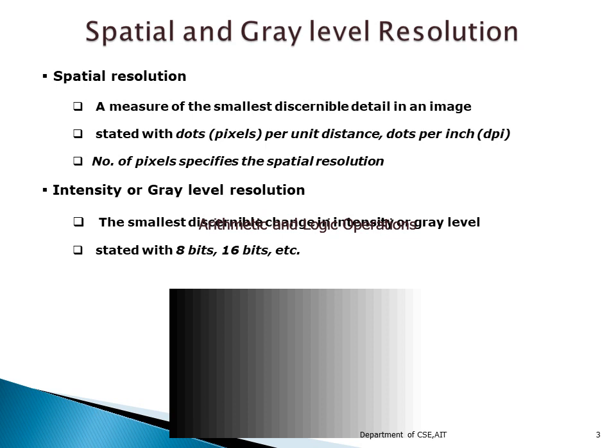That means it can be the smallest part. So what can be the smallest part for an image? If I am going to express an image with respect to pixels, that is the picture elements, we can say this picture consists of so many picture elements. Or else we can also say this image consists of so many dots. If I talk about the pixels or the dots, then we should also tell how many pixels are available in my unit distance. That means you should take a measurement, and based on that only you can tell how many pixels are present.